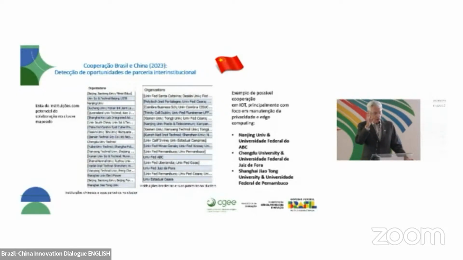So I'm just risking say a few wrong things here, and you can correct me. But as you know, these are not certainties. They are just clues and things that you can follow, but they will help you find the interesting information. So when we talk about the privacy policies and public ethics, you have the Federal University ABC in São Paulo, and you have the Nanjing University as well, that they could be a match. Then you have the Juiz de Fora University, and then the Pernambuco Federal University. Those could be matches, right?